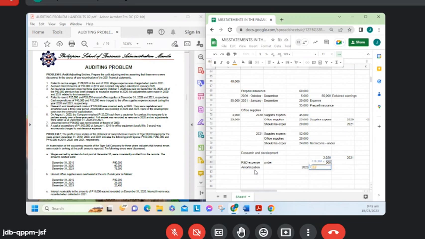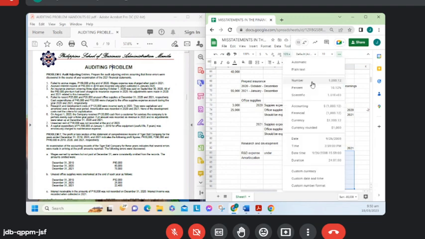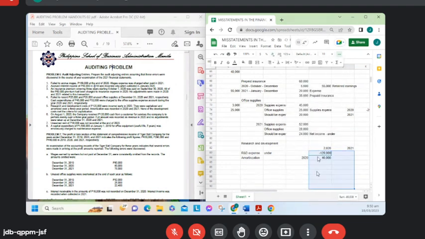So 120 divided by 3, there is a 40,000 expense. Amortization. Okay. Then 2021,